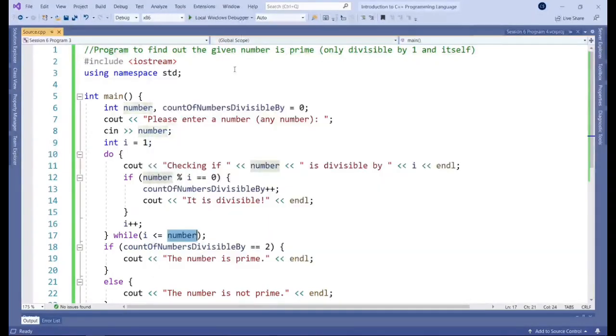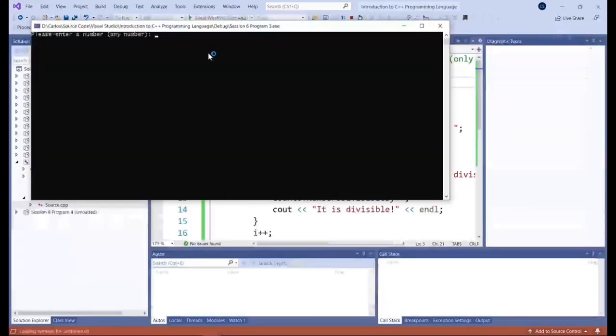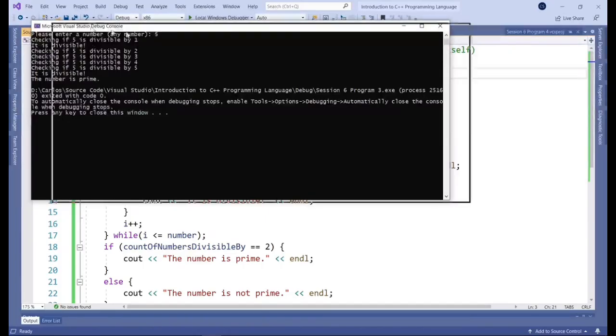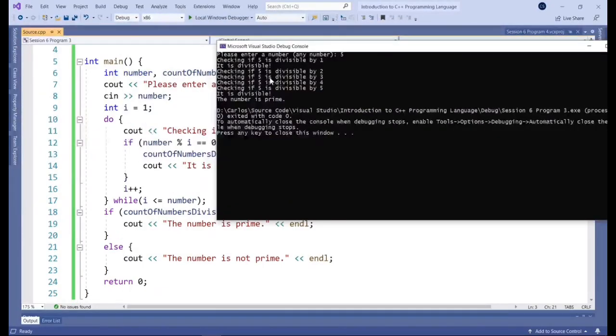And let's try again, but this time let's try 5, right? So it ran 1 time. It found out that it is divisible. And then, because the loop was at 2, we haven't gotten to 5 yet. It continues looping around, and it actually ran this code 5 times, so 5 loops in total. And we find out that it is divisible by 5, by 1. So therefore, 5 is a prime number.